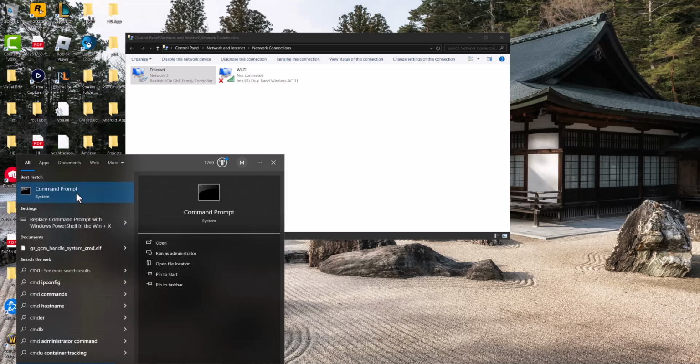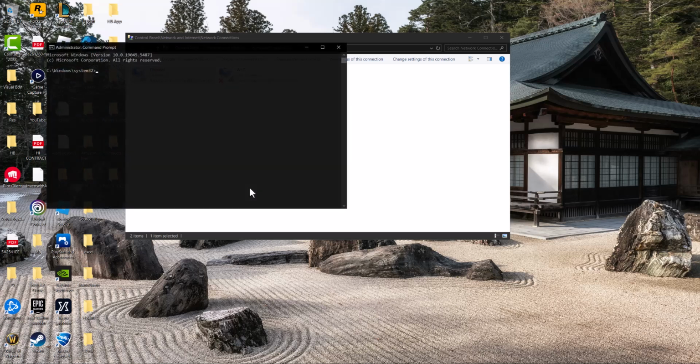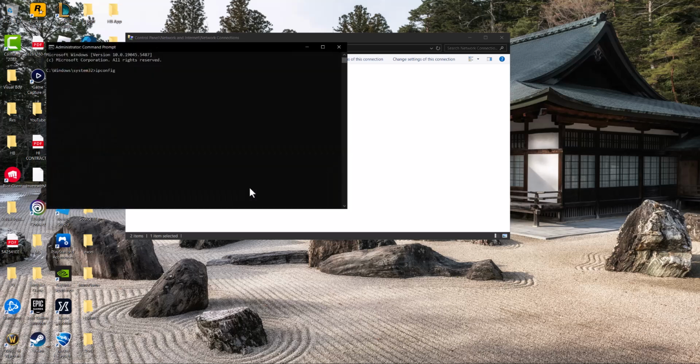Type in CMD in your search bar again, right click and run as administrator, and type in ipconfig /flushdns to successfully flush the DNS resolver cache. Restart your computer, try now, and you should be good to go and not have slow download speeds any longer. So yeah, that's